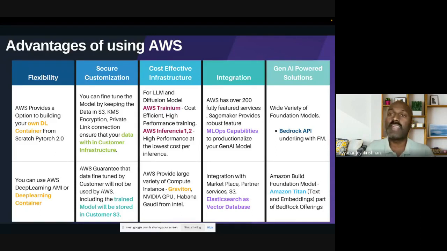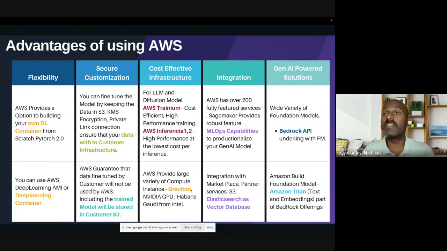Second, security for the customer. If your data is within your database, let's say you are living in Aurora and it is running, you no longer need to bring in a third-party SaaS application like Pinecone. You can use Elasticsearch as a vector database. That's an advantage. And most of the time you keep your raw data in S3, which is very useful, and you can use a VPC endpoint to make sure the data connection is secure.